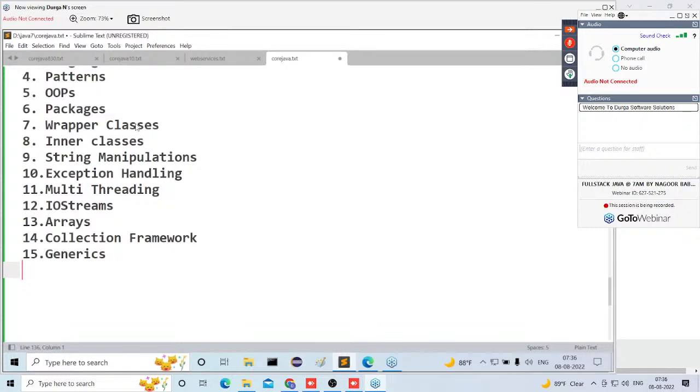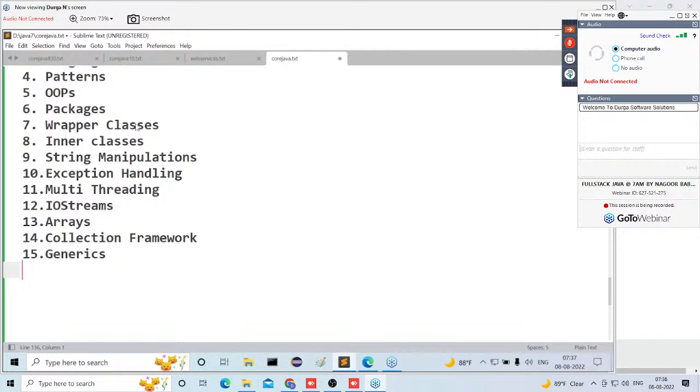Typedness. Exactly. In the collection framework, if we want to achieve typedness, to improve typedness, we have to go for generics. Generics is a topic we require clearly. At this moment, you may not understand the total content, but in the extension of the collection framework, we are going to understand generics. This is also one of the important topics for us.